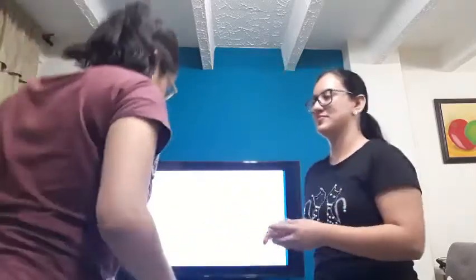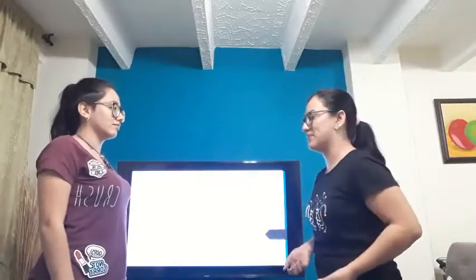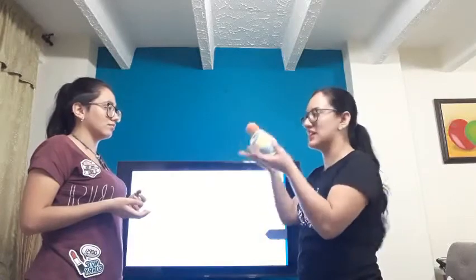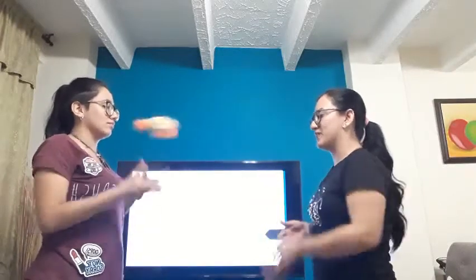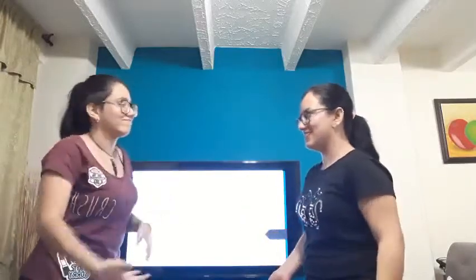Now our first activity wants to activate both hemispheres of our brain. One is focused on catching a ball or object, and the other is focused on produced language. For example, we have this object, and I'm going to throw it to Camila. And I'm going to say the numbers in Spanish, and she is going to respond in English. So, 1, 2, 3, 4, 5, 6.